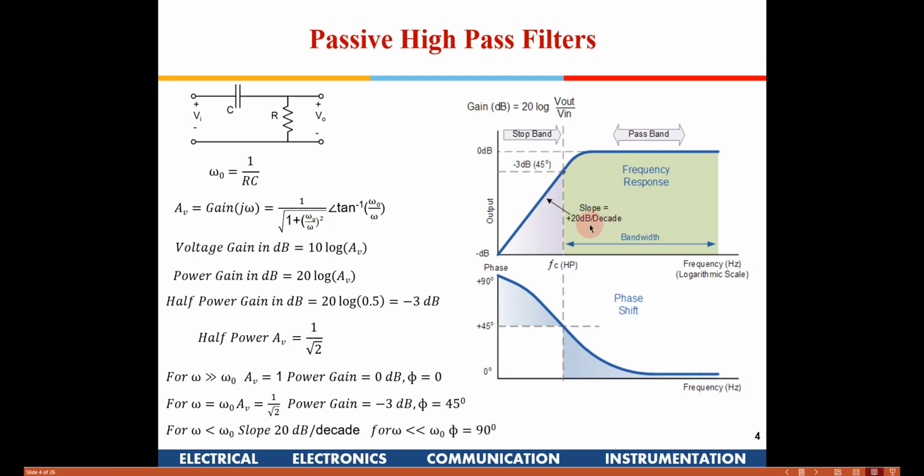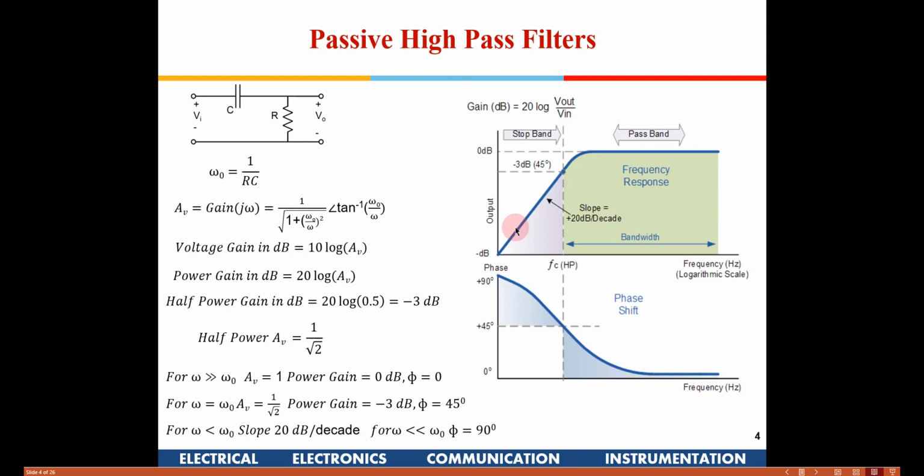What is 20 dB per decade? That means for 1 decade of frequency, this gain will fall by 20 dB. Now what is 1 decade? Suppose this is 1 kilohertz. If I come to 100 kilohertz, there will be 20 dB attenuation. Suppose it is minus 3 dB here for 1 kilohertz, for 100 kilohertz it will be minus 23, and for 10 kilohertz, that is one more decade we have come down, from minus 23 another minus 20, it will become minus 43 dB. Is it understood what is 20 dB per decade?